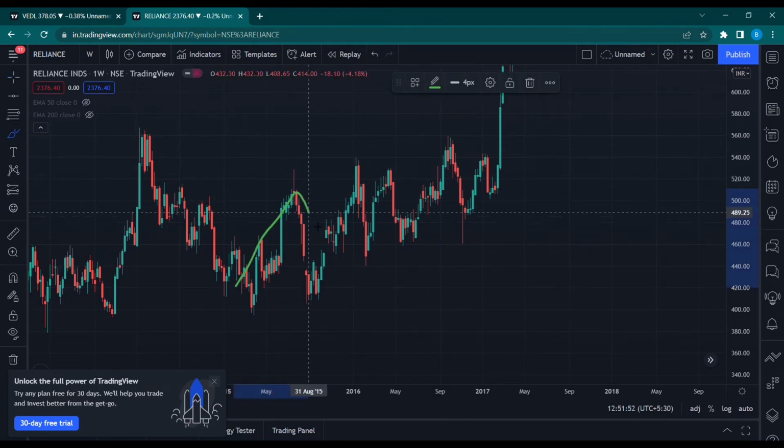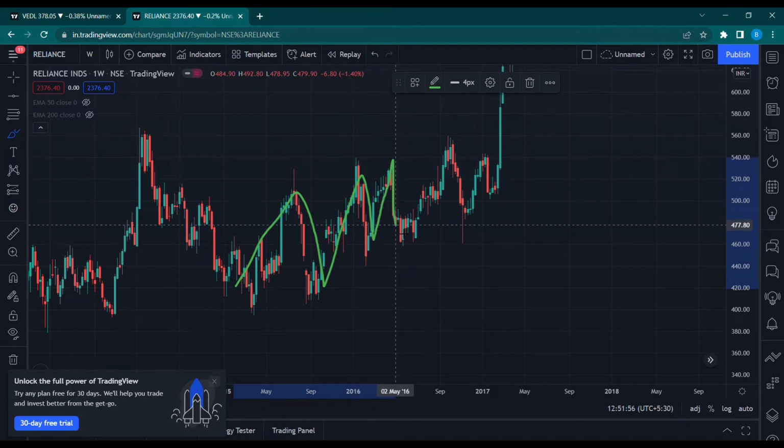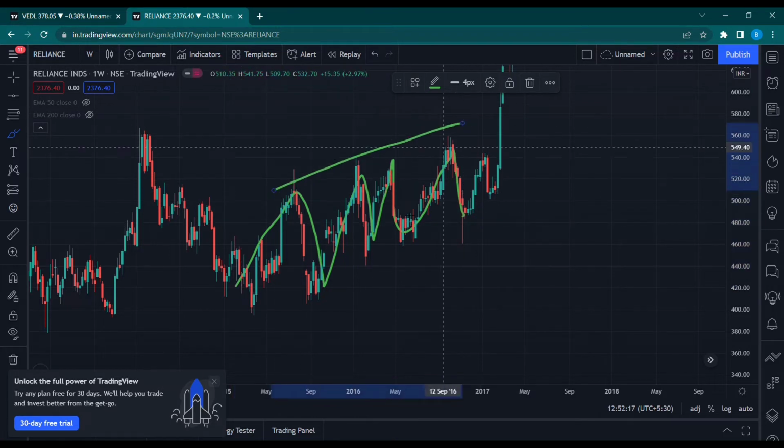Higher high, higher low, higher high, higher low, lower high, higher low, higher high, higher low, right? Not a perfect trend, but these types of minor negatives and positives usually happen in the markets, and so that doesn't matter. You do not expect everything to be point accurate when it comes to the real market. So this is a trend, and this is actually an uptrend, right?